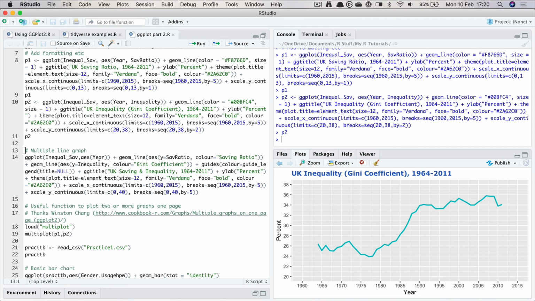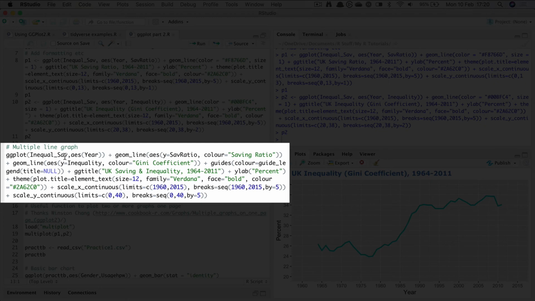It's the same basic procedure, but you simply include as many geom line options as are required. So notice the syntax here. Again, ggplot, the tibble. This time, however, I'm only specifying the common x-axis here. I'm including the y variable in the specific geom line options. So notice that it's an aesthetic. Of course, you have to put that in the AES